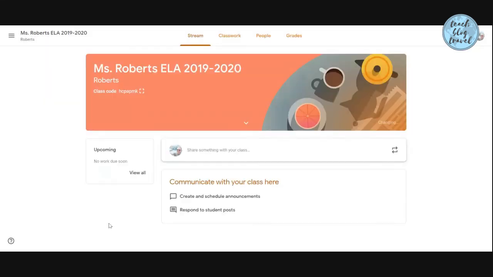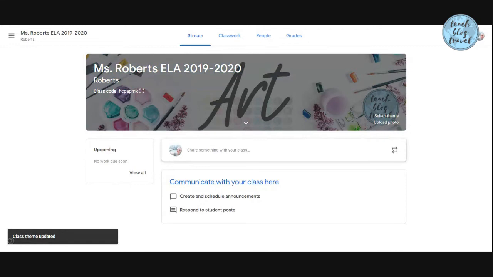So if you don't want to make your own and you just want to get one that's already made, you can go into my TPT store and you can either get one of the free ones. I have several available for free, or you can download the other ones I have for sale. Those are only $1. So as you can see, I uploaded my custom header for Google Classroom, and it already